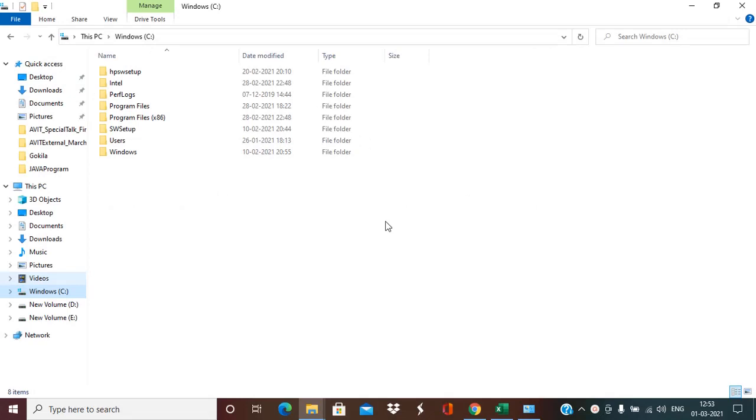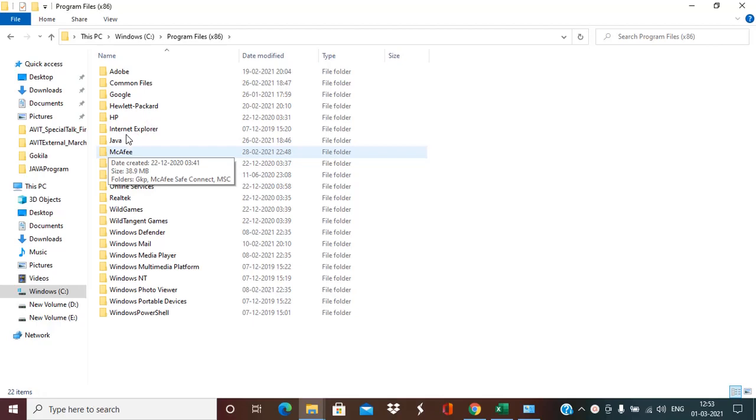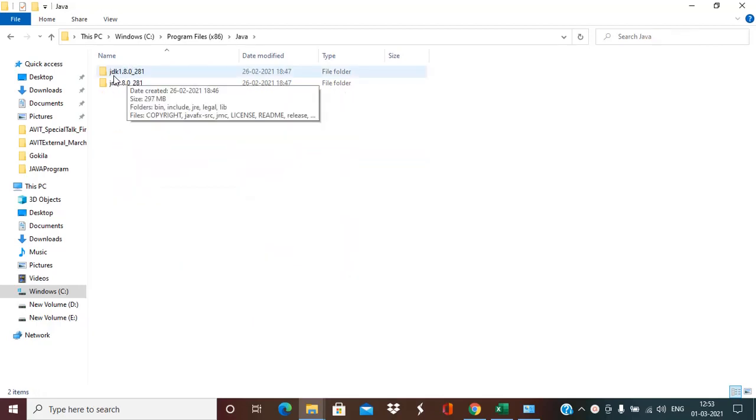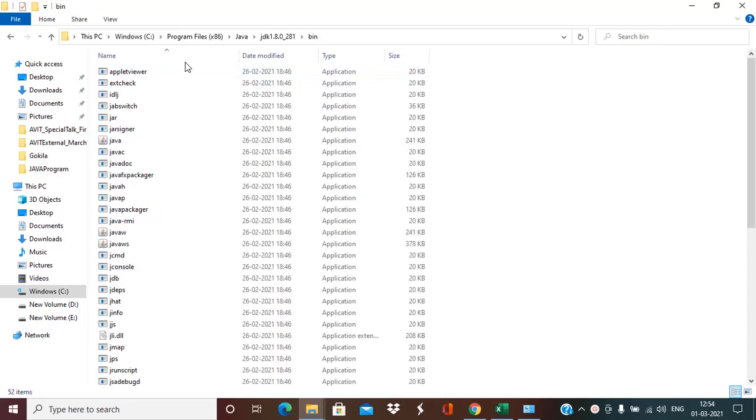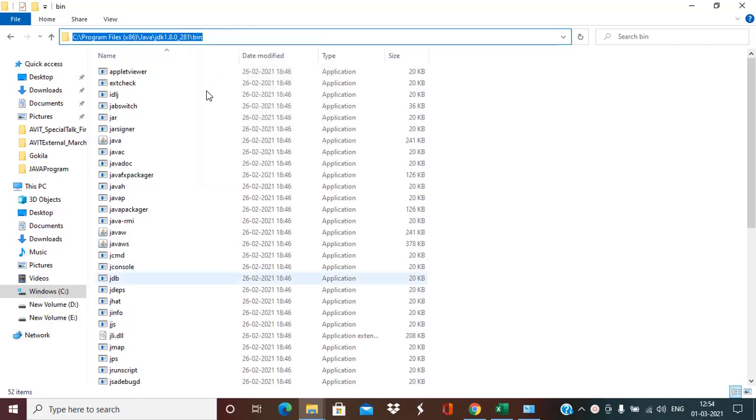First, you copy the Java path, that is the JVM installed location. Usually that will be in C colon, Program Files, where you will find a folder called Java. Within that, you can find a folder called JDK. Go into that and open the bin folder. So you copy the entire path. In the address bar, just click, and it will highlight the entire path of the JVM location. Just copy that with Control C or right click and copy.